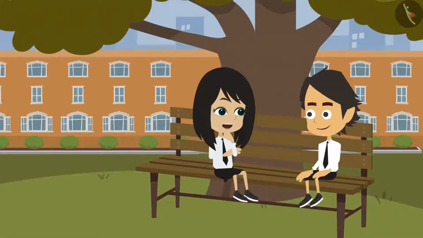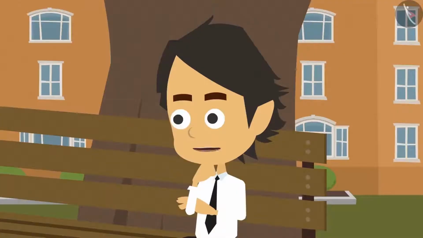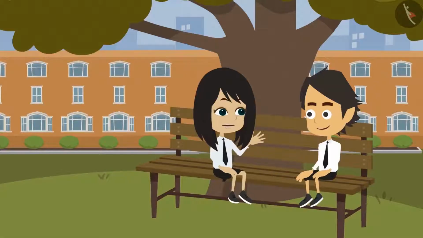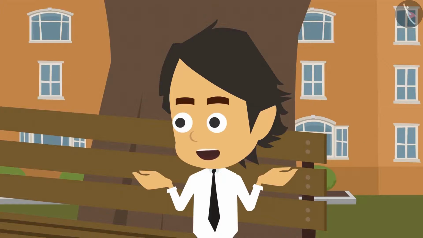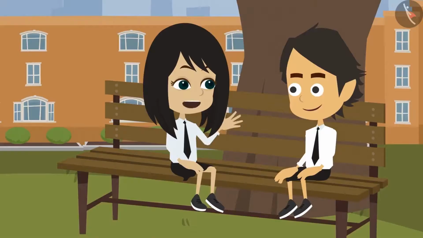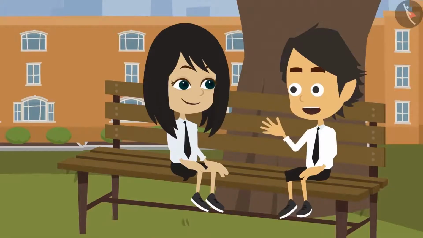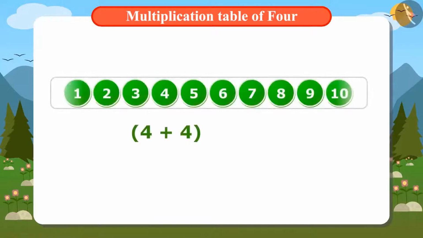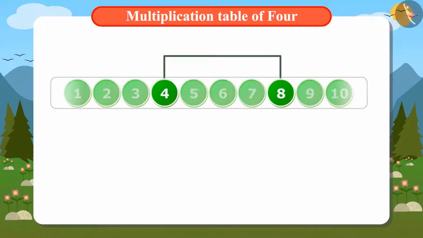If I could remember the multiplication table of 4, I could easily tell you the number of tables. Okay, you don't need any pen and paper if you remember the multiplication table. Yes, you don't need any pen and paper. What should we do now? We will write the multiplication table. But how do we write it? It is very easy. Keep adding 4 again and again, or keep leaving 4 numbers and count them.